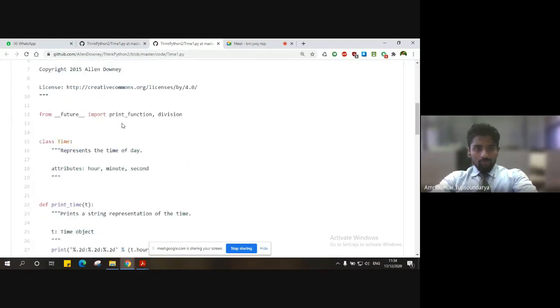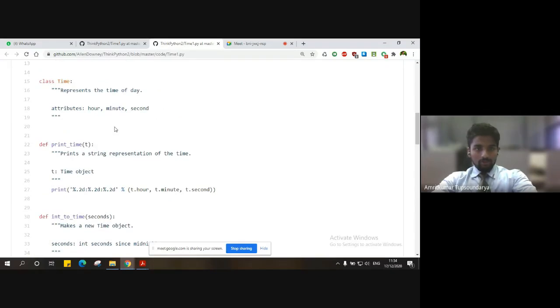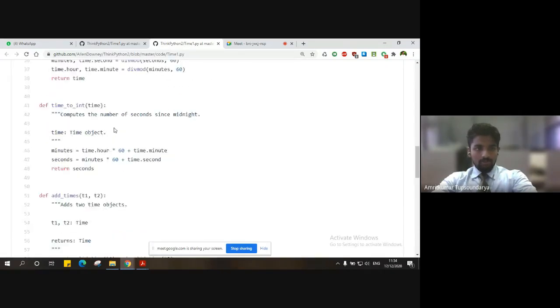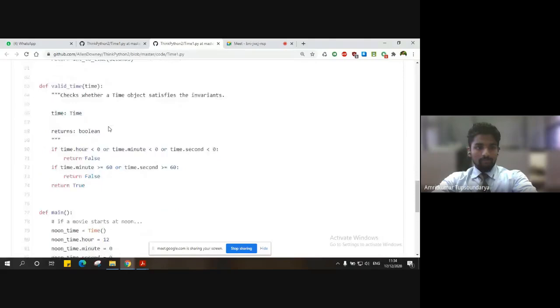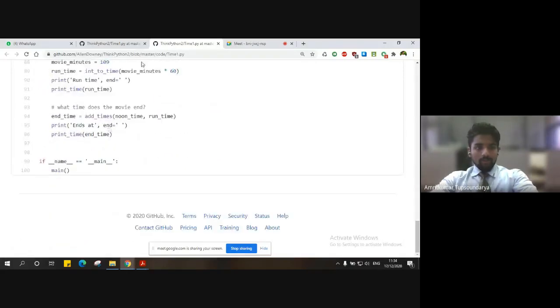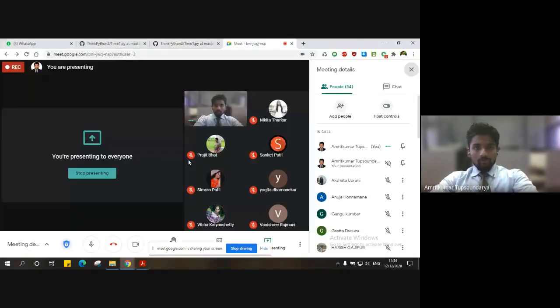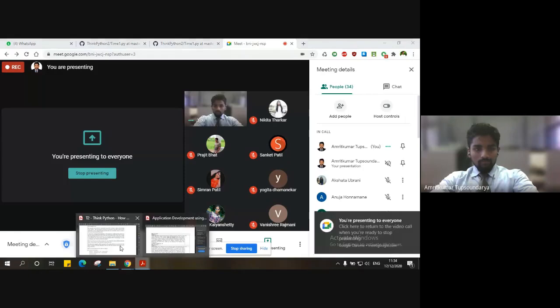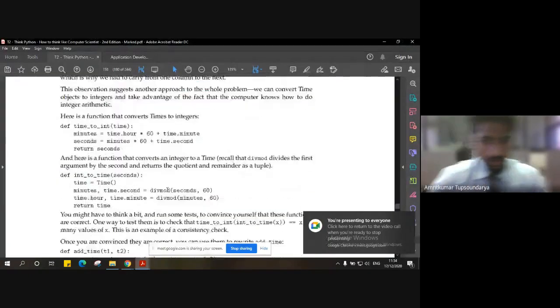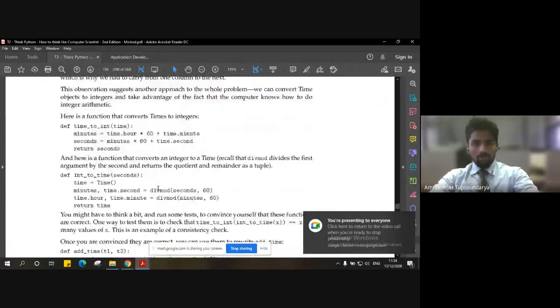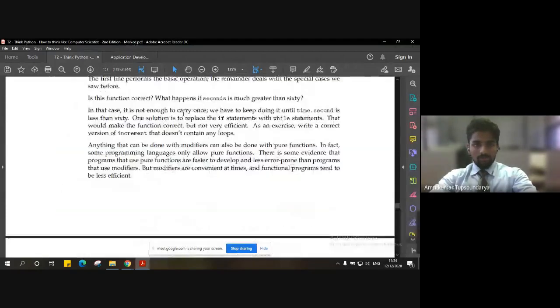Yeah. So there are a few examples of pure functions as well as a few modifiers that he has saved here, right? Anyways, so this is all about the module, that is classes and functions, right?